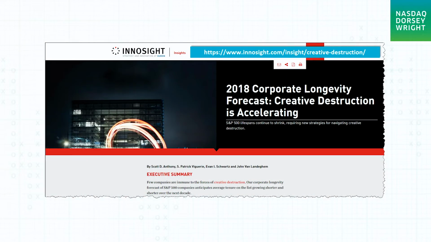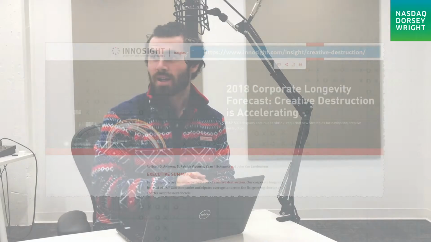And in fact, there was a study put out recently by Innosight, and they found that in 1965, the average tenure of companies in the S&P 500 was 33 years. By 1990, it was 20 years, and it's forecasted to shrink to approximately 14 years by 2026. Wow. So again, replicating that diversification and achieving that kind of market beta exposure would be difficult, to say the least, through an individual security perspective.